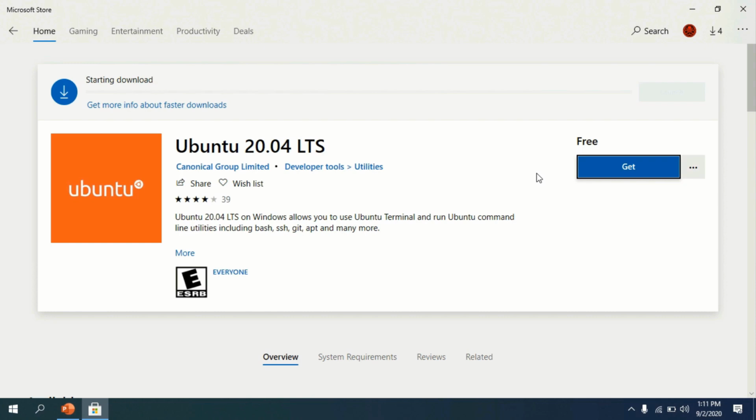Now Ubuntu 20.04 LTS will be downloaded. It is around 450 MB in size. Depending on your internet connectivity, it will take some time.